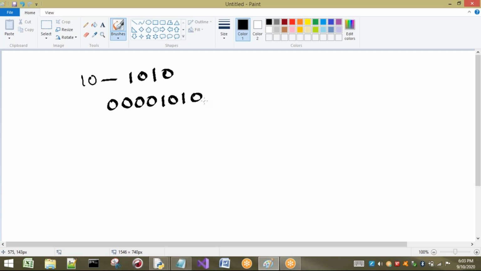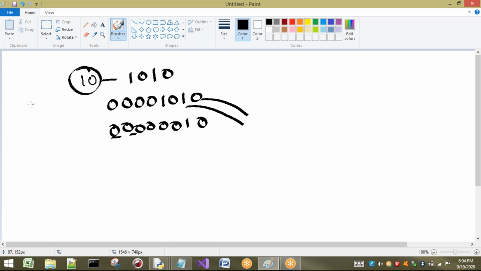Here if you are going to consider right shift 2, that means 2 bits have to be shifted right. That means all these bits will be shifted 2 bits forward. These 2 bits we send outside. So 0000. Now what should these 2 bits be? What is the sign of this 10? Positive. So here we have to place the sign of that particular number, that is 0. 0 means positive. 1 means negative. So here we are placing zeros. These are sign bits.